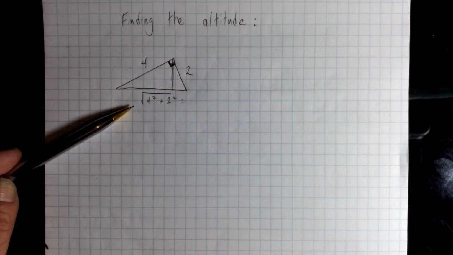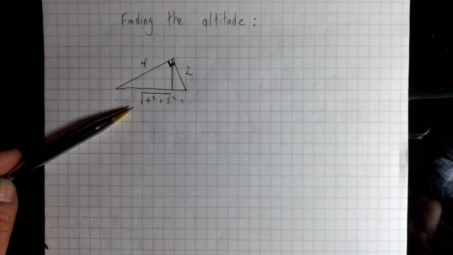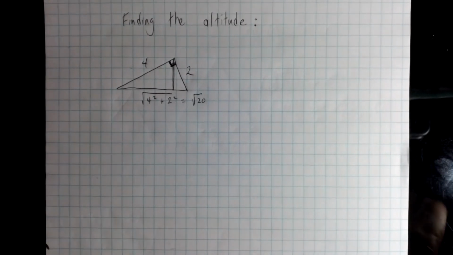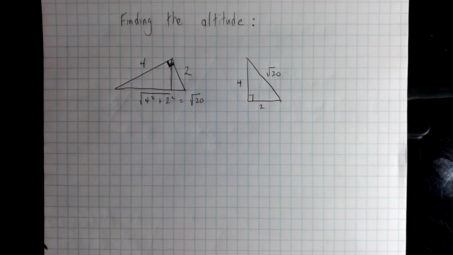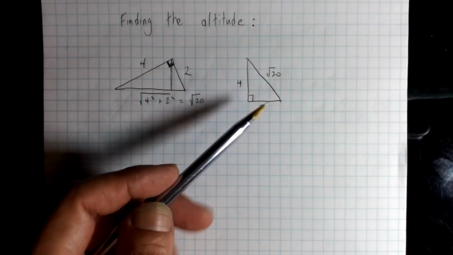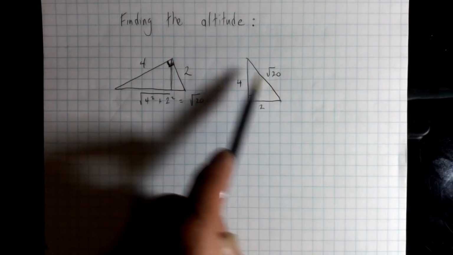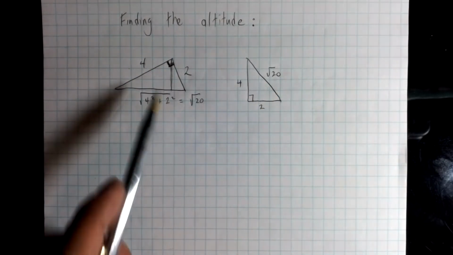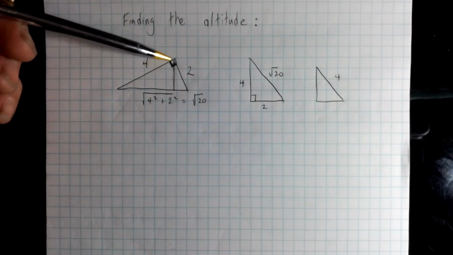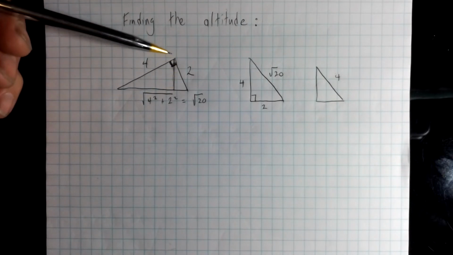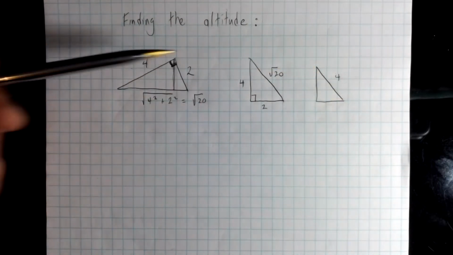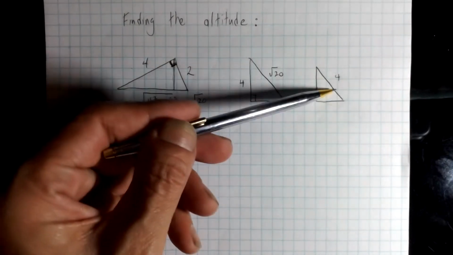Using the Pythagorean theorem, you should know that that's the hypotenuse, and here is the answer to your hypotenuse. So the hypotenuse is the square root of 20. Then I recommend that you just rewrite this triangle. It's not to scale, but this is pretty much this triangle. Your second triangle, this triangle right here, I'm going to rewrite here, and notice the hypotenuse is going to be